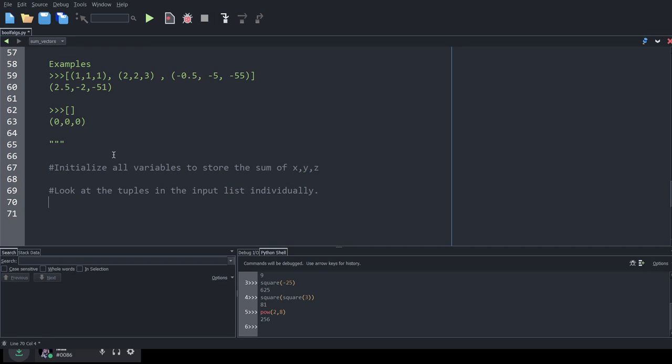Okay, now once we're looking at each element in the input list individually, we are going to want to extract the XYZ values and add those to the corresponding totals.